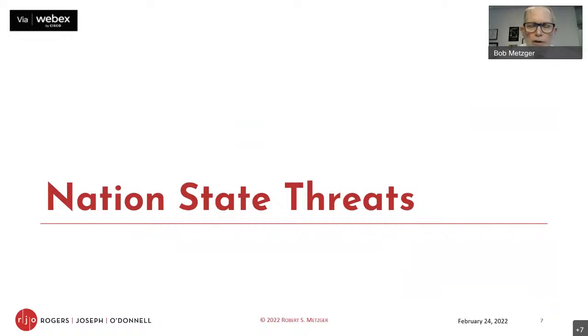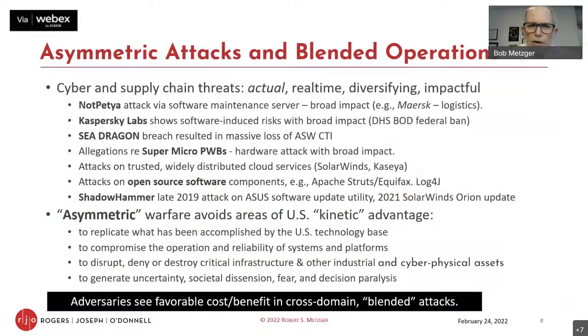So we're going to go through nation state threats in a little more detail quite quickly. Next slide, please. One of the things that's worried analysts for some years, and this was featured in the Deliver Uncompromised report, was the notion of asymmetric attacks, where adversaries, conceptually such as Russia, would choose to attack our industrial capability or to erode citizen confidence in government rather than to confront us in areas where we had superior kinetic force. And we have seen what are, at the very least, some sophisticated probes or limited incidents.